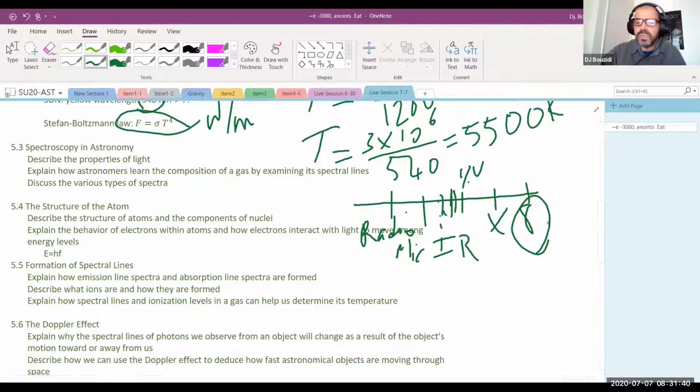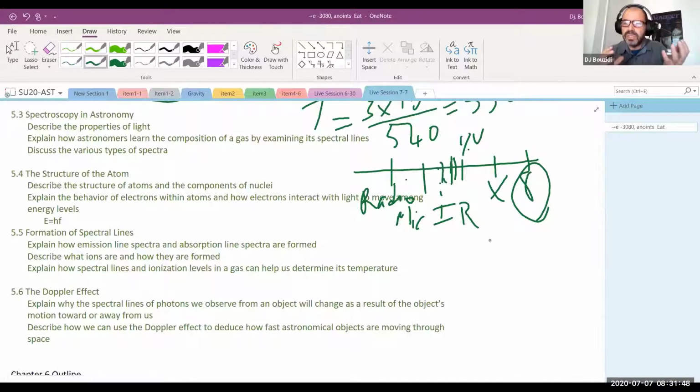Then this chapter diverts into trying to understand the fact that this is actually Maxwell's version of light. At the same time there were other experiments later on that led to quantum mechanics, that light actually is made out of particles, and those particles are called photons of energy. That's what led Mr. Einstein to explain the photoelectric effect using that concept. And so light itself, is it a particle or a wave? That is, until today, a debated thing. It's actually both. That's the answer that physics will give you. Light is a wave and a particle at the same time, and this is the so-called duality or dual nature of light.